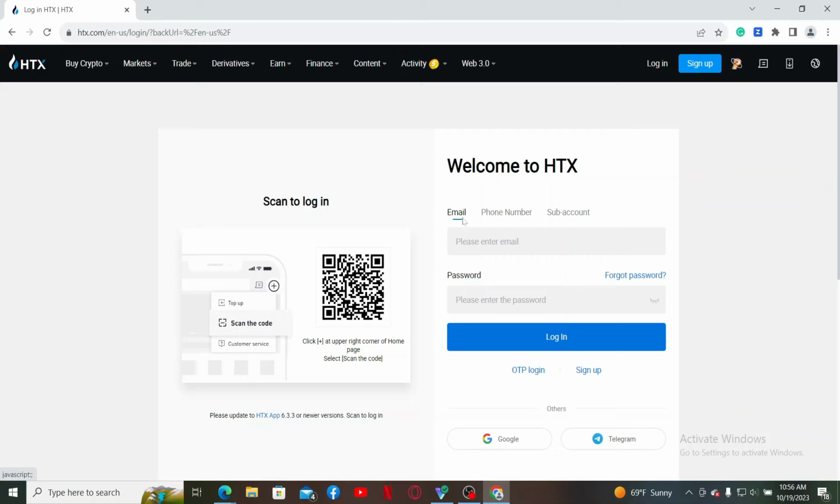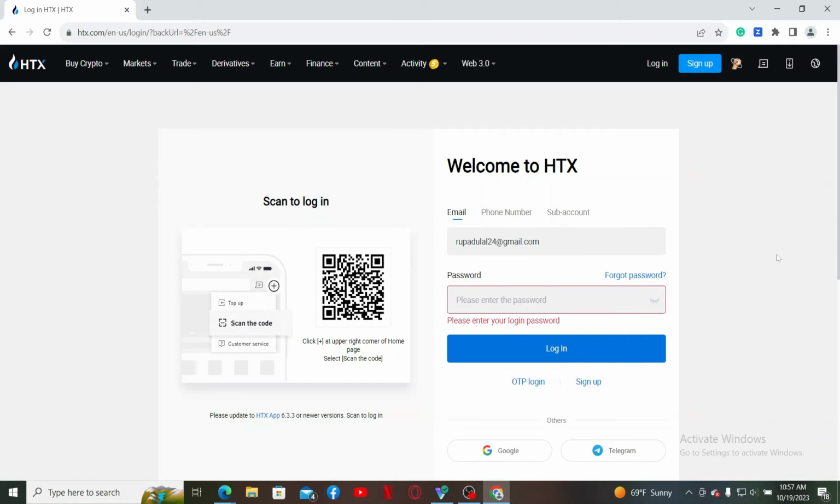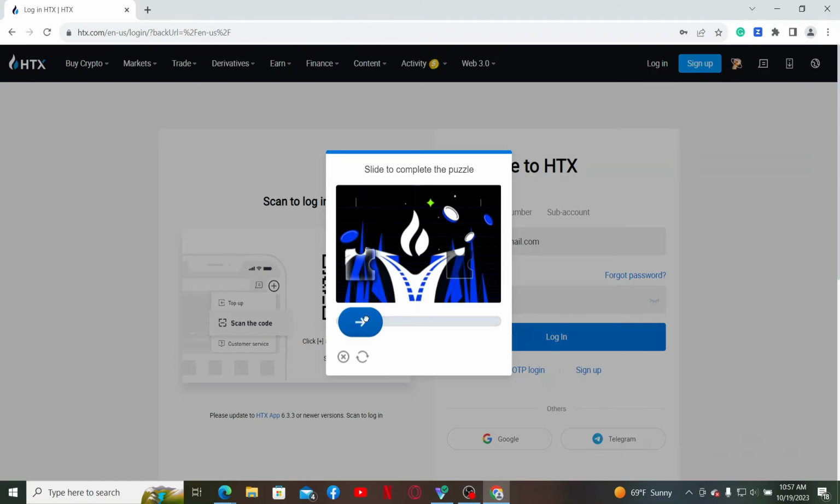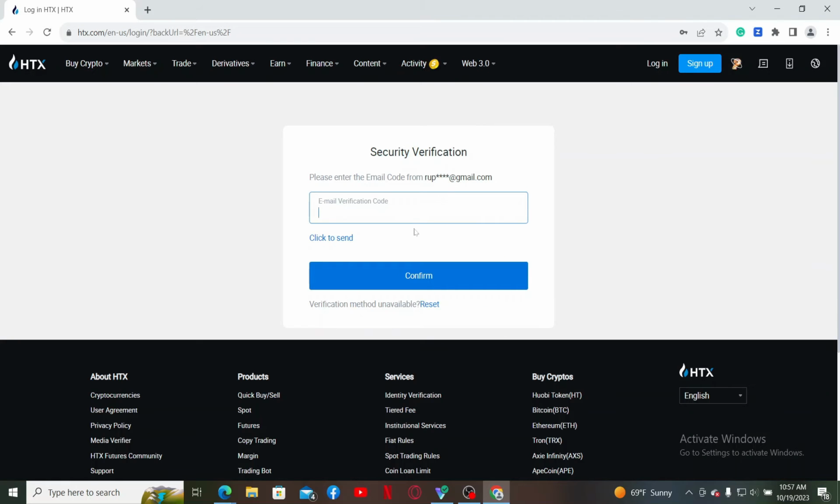Since I signed up using my email, let me just select email. Simply go ahead and enter your email address associated with the wallet. On the next field, enter the correct password for your account. If you don't remember your password, you can get help by clicking this forgot password link and reset to a new password. After you are done, click on the login button, complete the puzzle, and on the next page, if prompted,